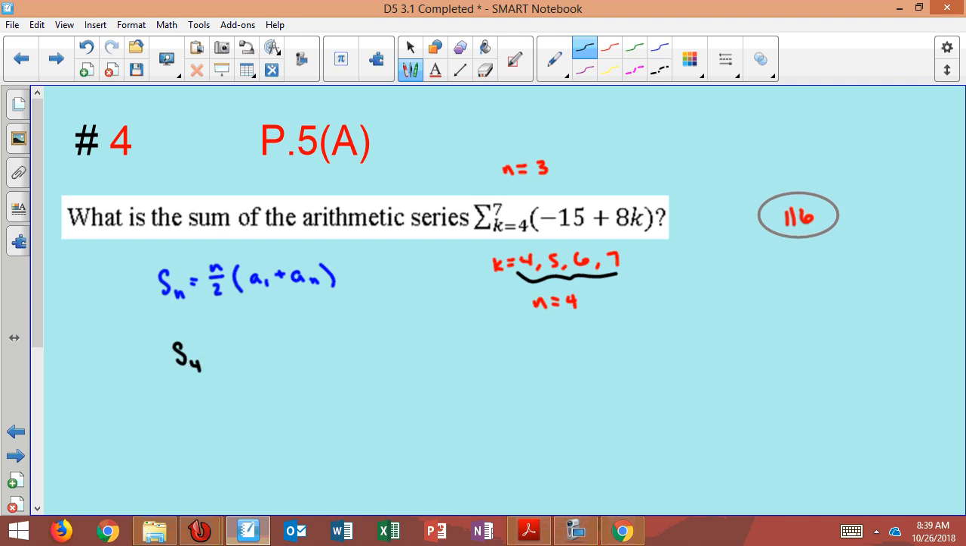So the sum of the first 4 terms would be 4 divided by 2. And now we need to discover what a sub 1 is. A sub 1 would equal, you plug in the first term, which is the k of 4. You plug in negative 15 plus 8 times 4. Well, that's 32. So it becomes negative 15 plus 32, and that equals 17. So a sub 1 is 17. I'll put that right there. And then we would add